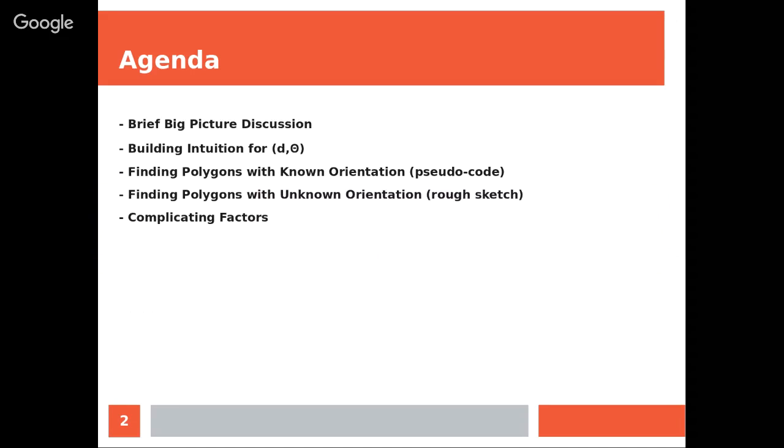I'll talk a bit about how you could expand the algorithm to finding polygons with unknown orientation. And finally, I'll say a little bit about all the complicating